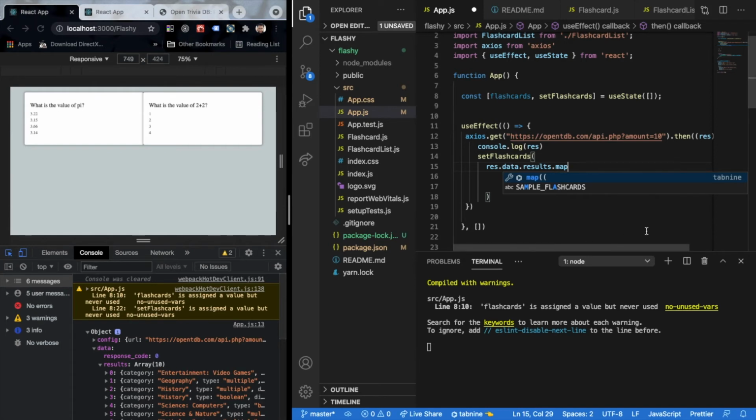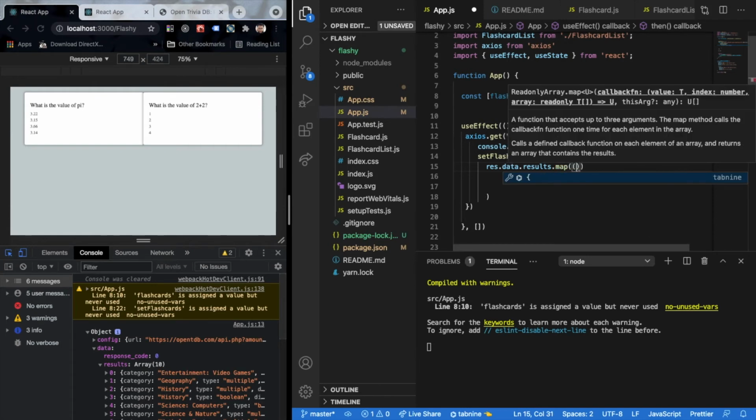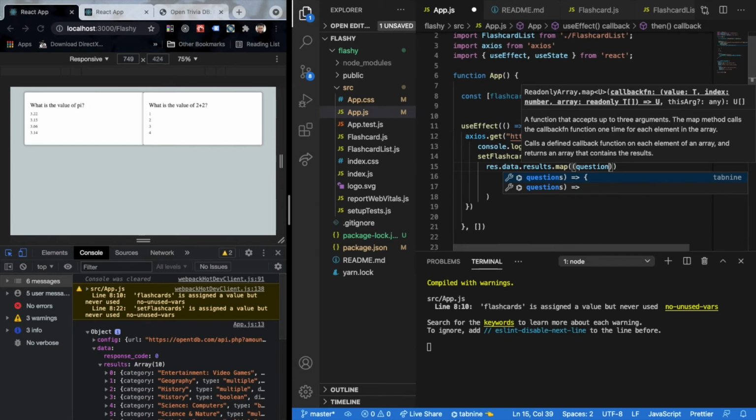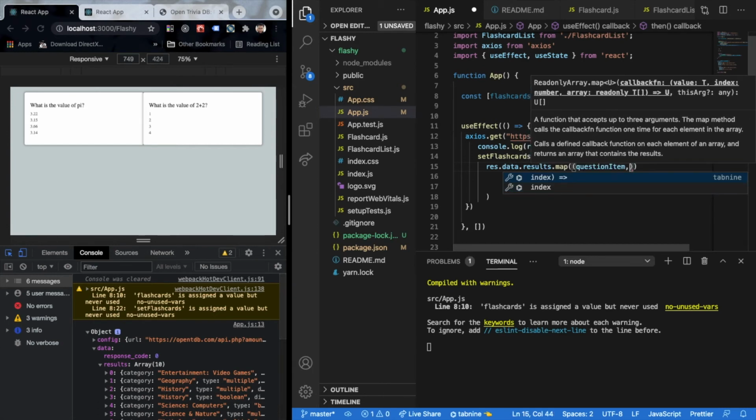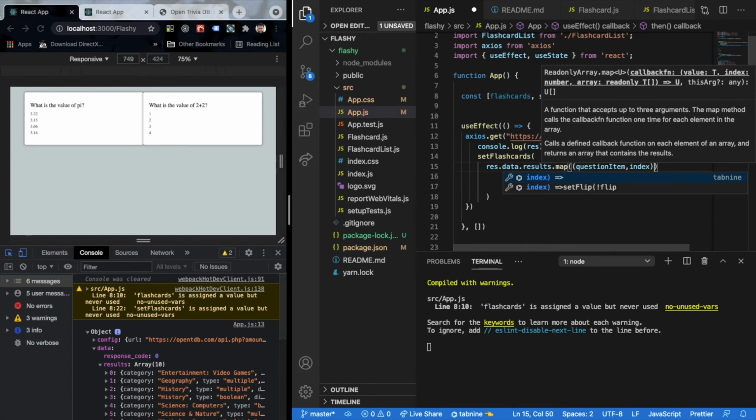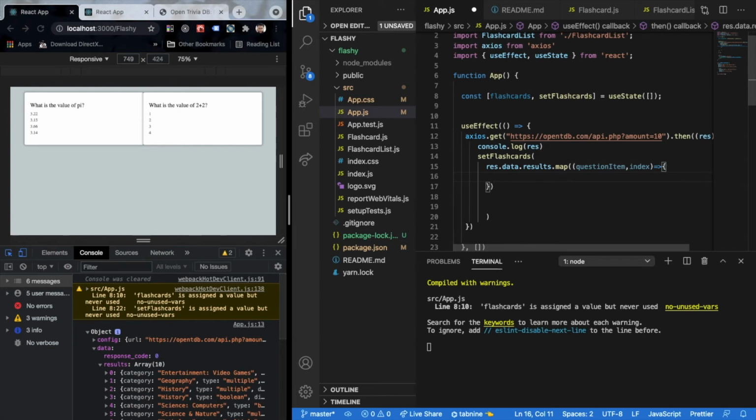So I'll have to use the map function to basically return the modified array to us, which would contain the actual data that we really want. So let's say that I want two things from here. I want the question item, and I also want the index of where this question item is present. Now that we have that, let's start populating everything.